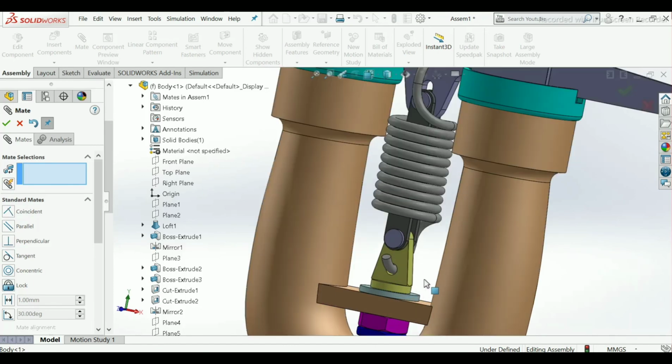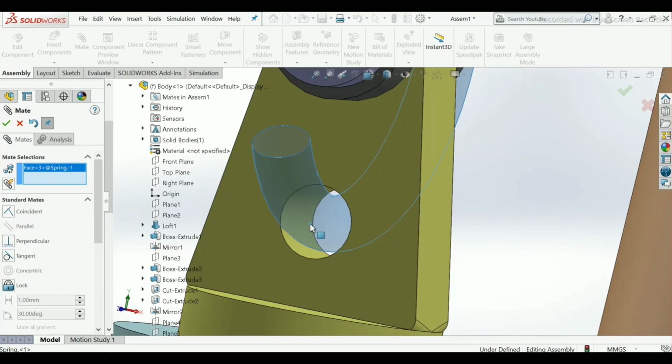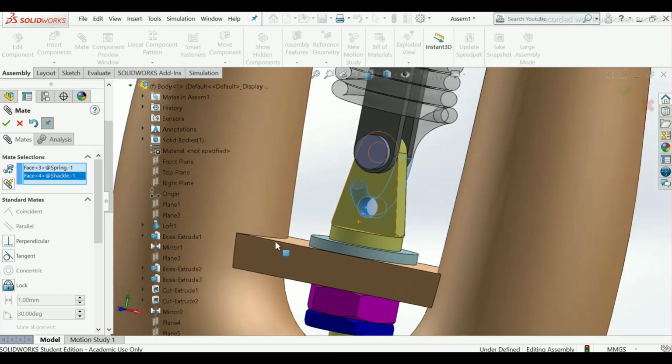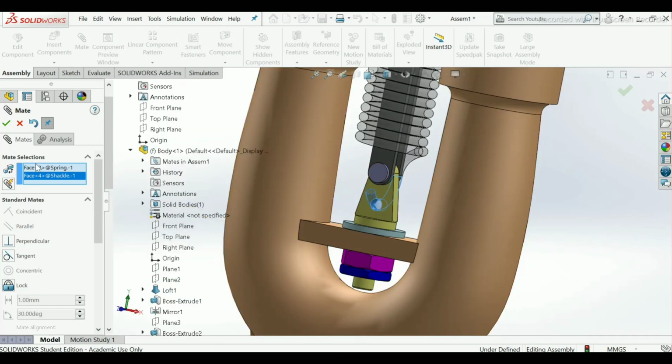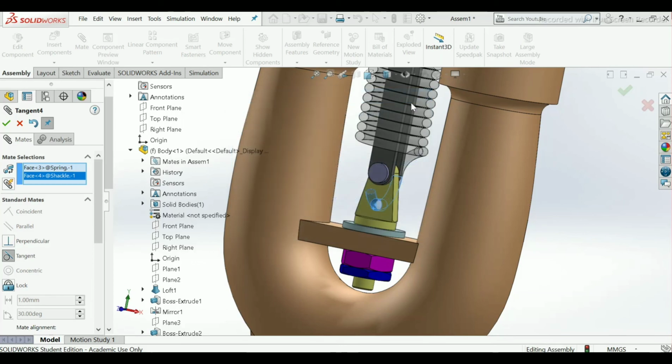See whether it is placed in the proper holes or not. Now select this face and this, make this also tangent, same as it is, click OK. Now go to exit, or select any relation tangent and OK, but it will say over defined, so close this.